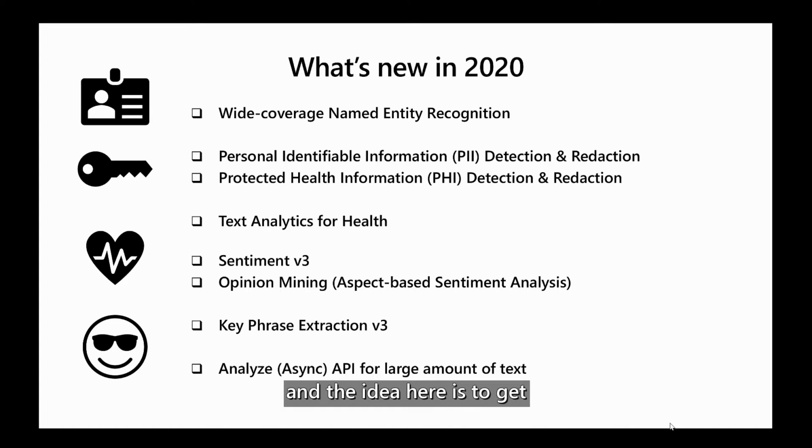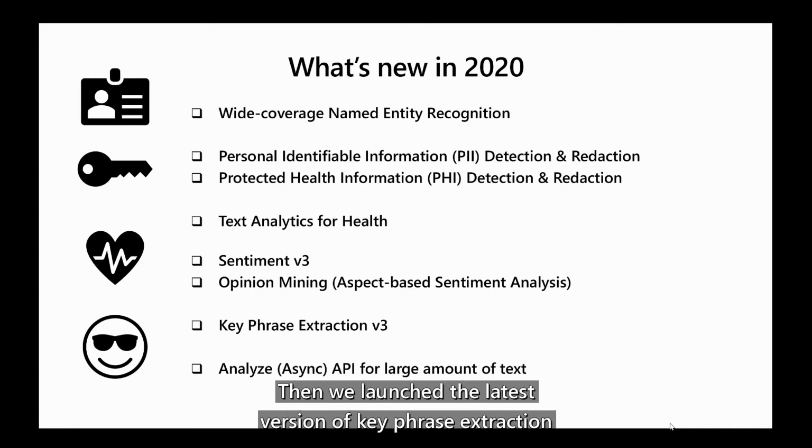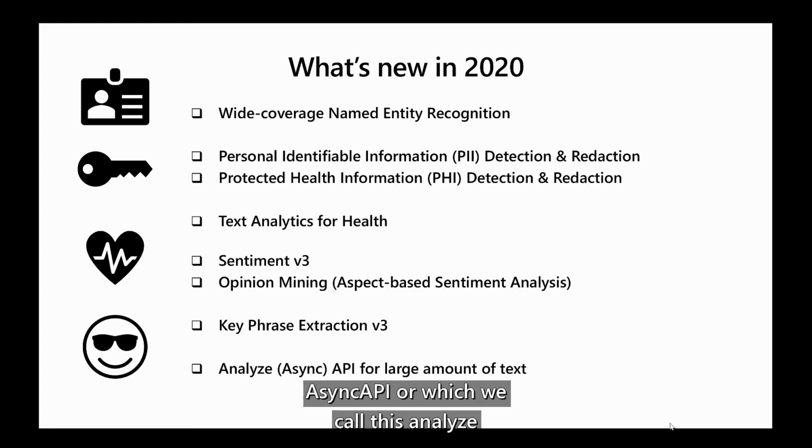And the idea here is to get even more granular sentiments with opinion mining. And then we launched the latest version of key phrase extraction, which improves the accuracy and the detection, basically. And the latest that we launched in November 2020 is async API, which we call the Analyze API, for analyzing